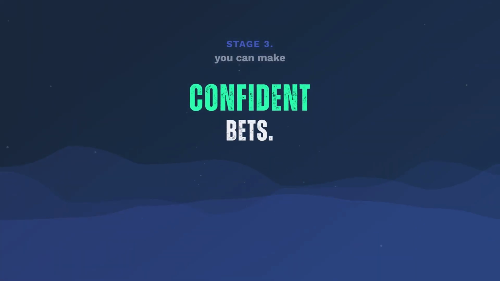And here's the part that matters most for founders and investors. At stage 3, you can make confident bets on growth investment. You know if you hire 3 more AEs, what your expected return will be over the next 12 months. You know if you invest in a new marketing channel, how long it will take to see pipeline contribution. You can model scenarios. You can bring your board a forecast and defend every number in it with confidence.